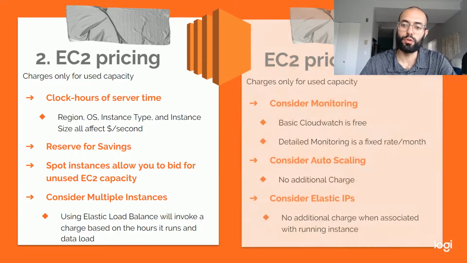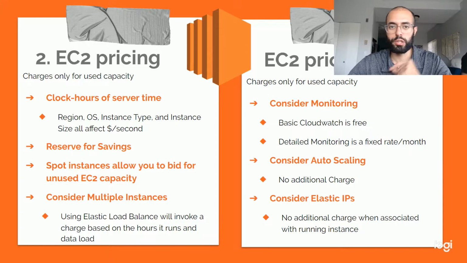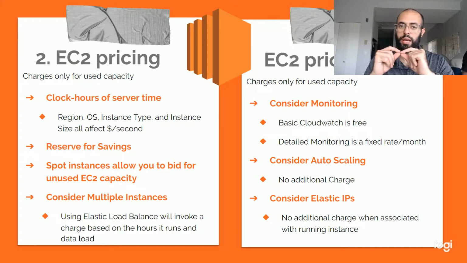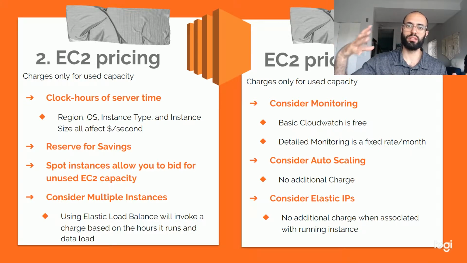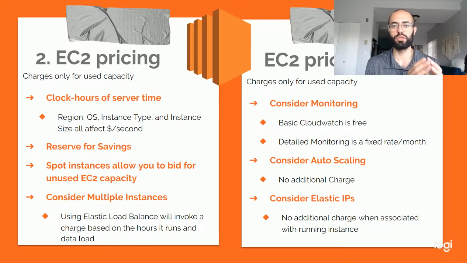This is in contrast to, for example, CloudWatch. CloudWatch is also a service that relates to your EC2, but you're not being charged while CloudWatch is running. However, if CloudWatch triggers auto-scaling, and auto-scaling spins up additional EC2 instances, you're going to be charged for the EC2 instances, but you're not going to be charged for auto-scaling nor for CloudWatch. So you kind of see how AWS does it. CloudWatch and auto-scaling are services that can allow you to increase your EC2 instances, which is what you'll be charged for, as opposed to ELB. The load balancer does not incur additional charges for more EC2 instances, but it is a service in and of itself, so you will be charged for that.